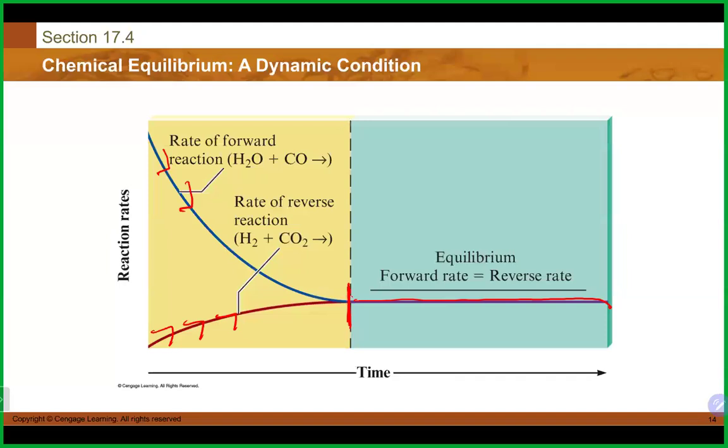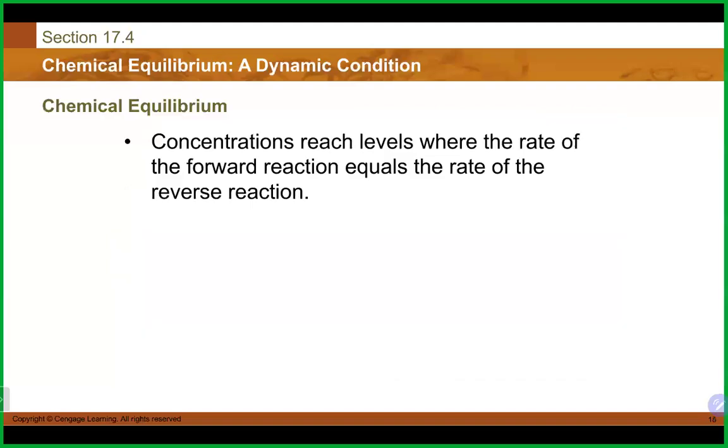It doesn't necessarily mean that all your reactants and products need to hit exactly the same spot. You could have something like this, and where it levels out would be where equilibrium would be reached in that particular case. So if you look at it graphically, it is the point where all the concentrations flatten out and level out. So at chemical equilibrium, the rate of the forward reaction does equal the reverse reaction,